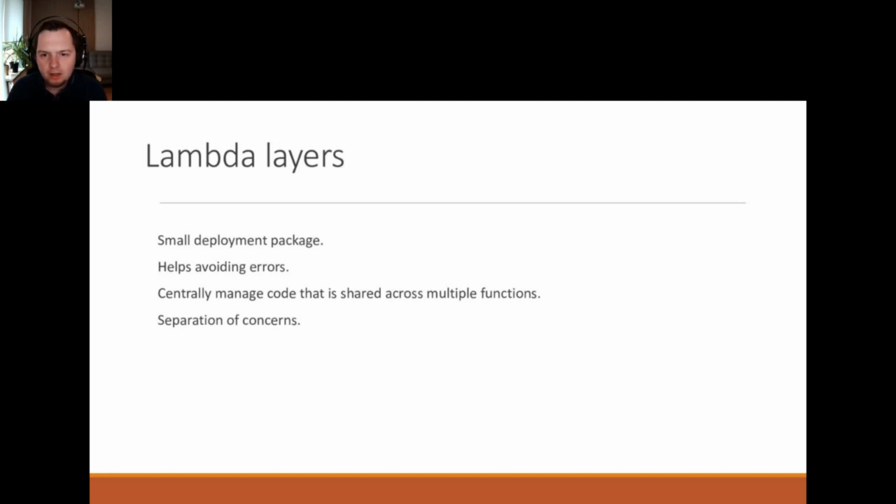So why use that? Well, because your business logic can be separated from your dependencies, and then it's easier to manage the dependencies. If you have multiple functions that use the same dependencies, then you can have a central place where you will have them. Then when you need to update them, it's also easier, and so on. So we will use Lambda layers in my example. I want to show how to deploy OpenTelemetry using the layer that AWS actually provides. So that's why I'm speaking about it.